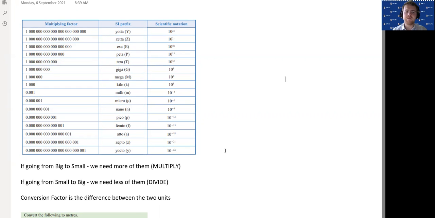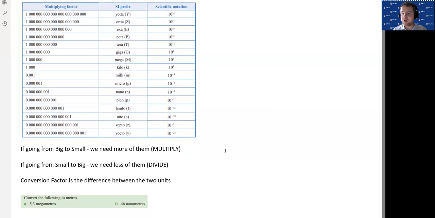And what we need to be able to do is convert between these different units. And so I'm going to teach you a trick to do that. Now, the first thing we've got to do is ask ourselves whether we're going to need more of these units to measure the same thing, or whether we need less of them. So if I have a measurement in a big unit and I'm converting it into a smaller unit, we're going to need more of those small units to measure the same thing. So we're going to have to multiply the total quantity of those units when we're making that conversion. Okay, if you need more of them to measure it because they're smaller, you need to multiply